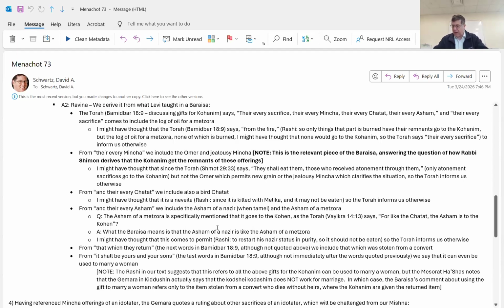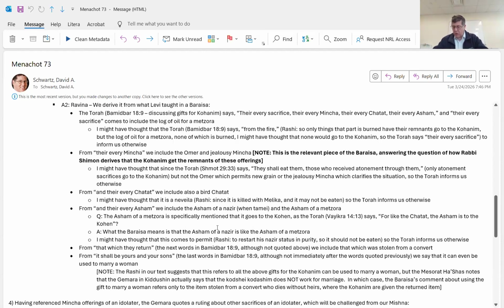Because I might have thought that the Torah tells us "from the fire," meaning that only things that go on the fire, on the Mizbeach, you get the remnants from. And here, none of the shemen goes on the fire, it all goes on the metzora. So that's why kol korbanam tells us that it includes that. Now, the part that's relevant for us: l'kol minchasam, l'rabos minchas ha'omer u'minchas kena'os. That tells us that the mincha of the omer and the mincha of jealousies are for the Kohanim, namely the two minchas that are made out of